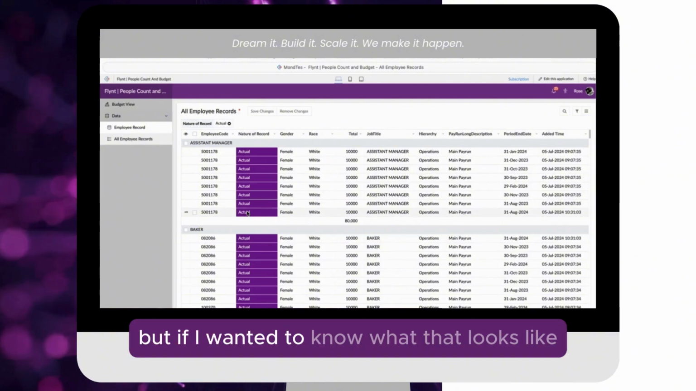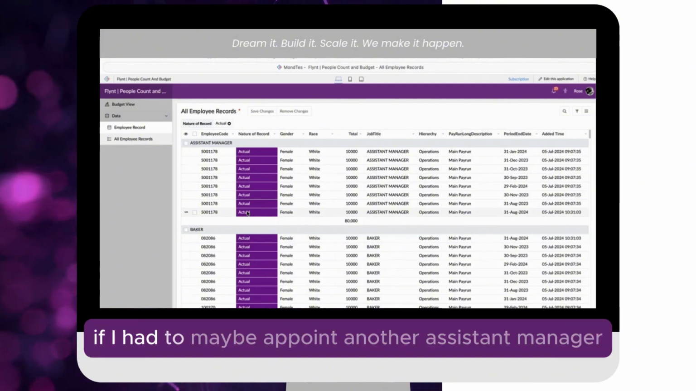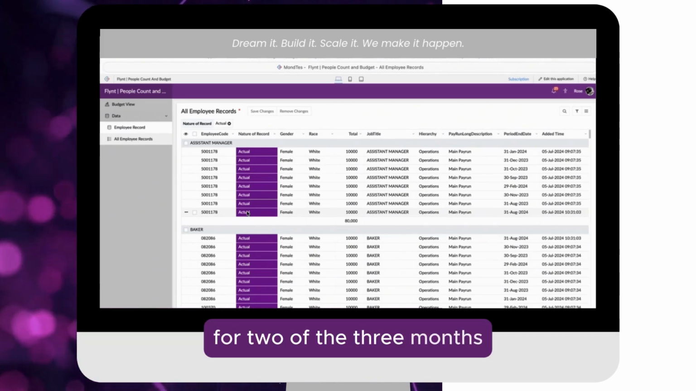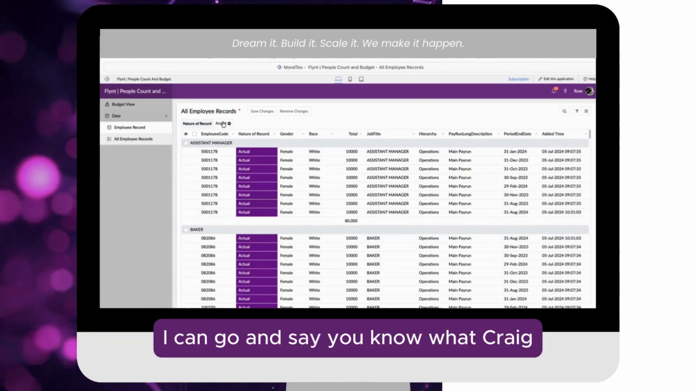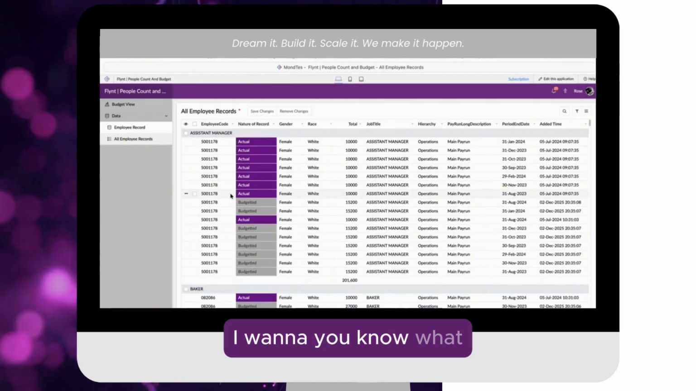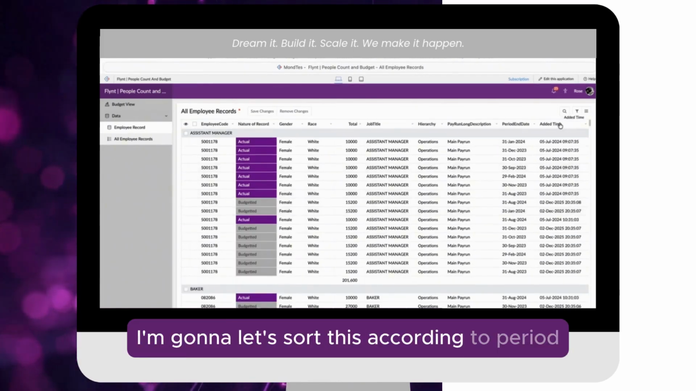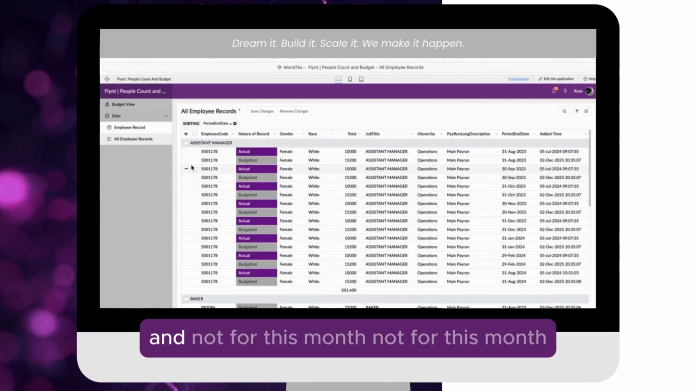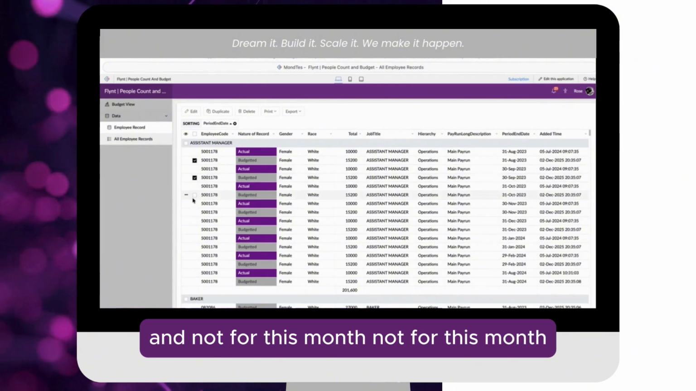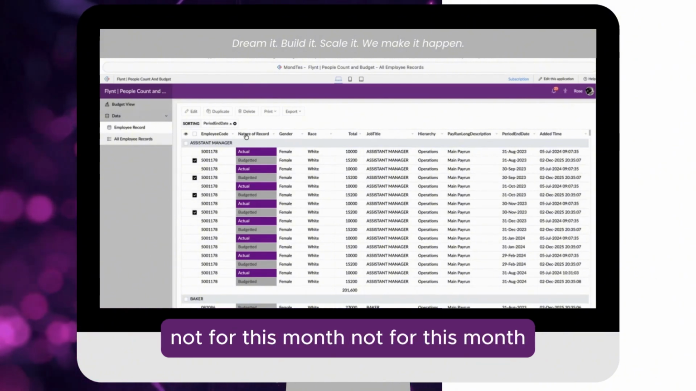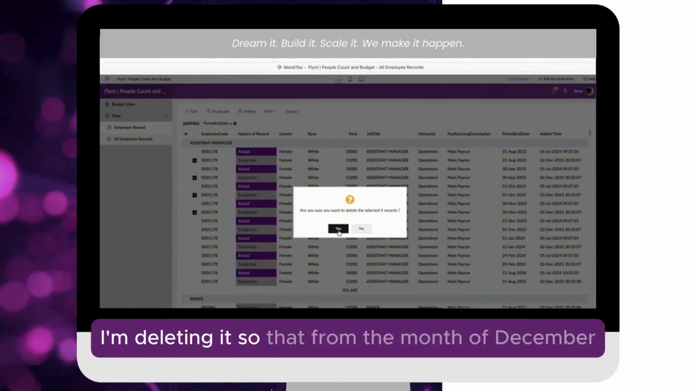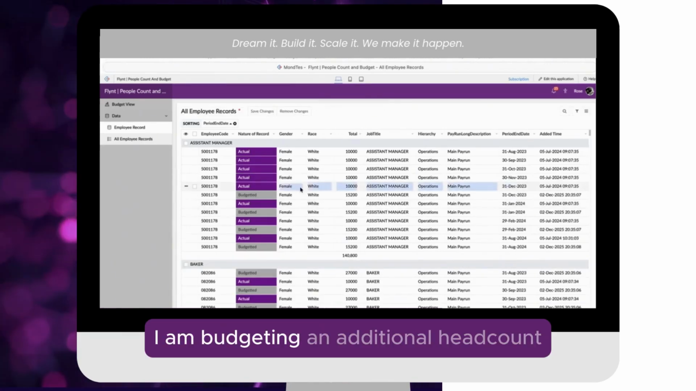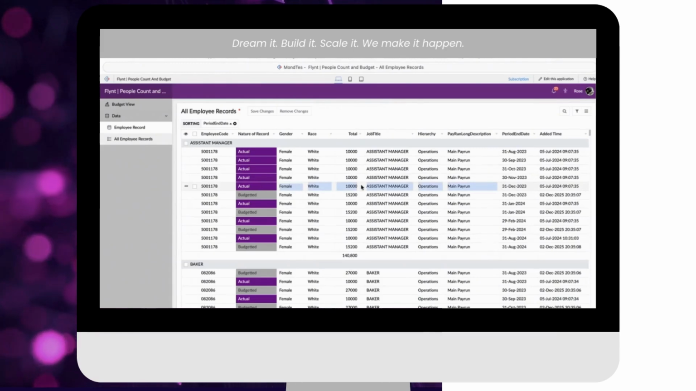But if I wanted to know what that looks like if I had to maybe appoint another assistant manager for 2 of the 3 months, I can go and say, you know what, let's sort this according to period, and not for this month, not for this month, not for this month. I am deleting it so that from the month of December, I am budgeting an additional headcount at a cost of